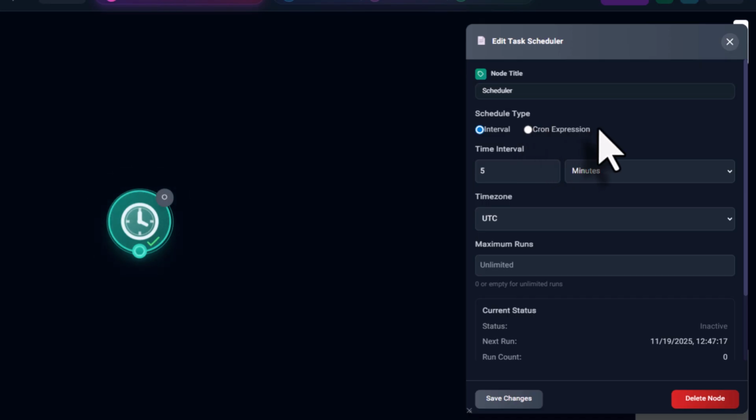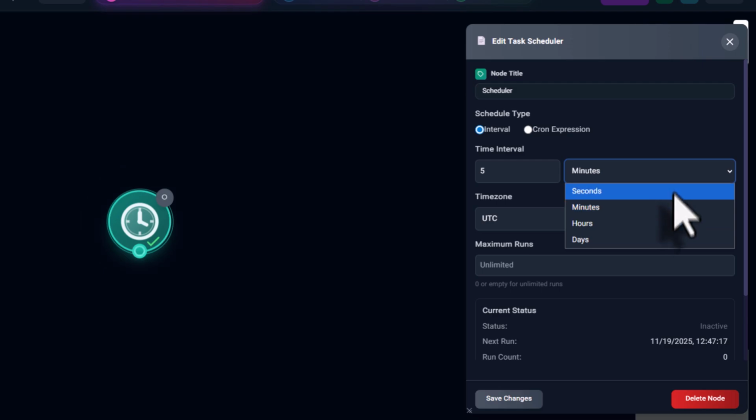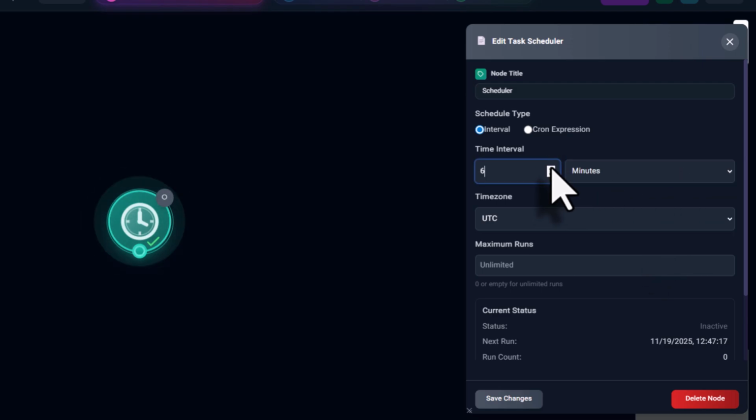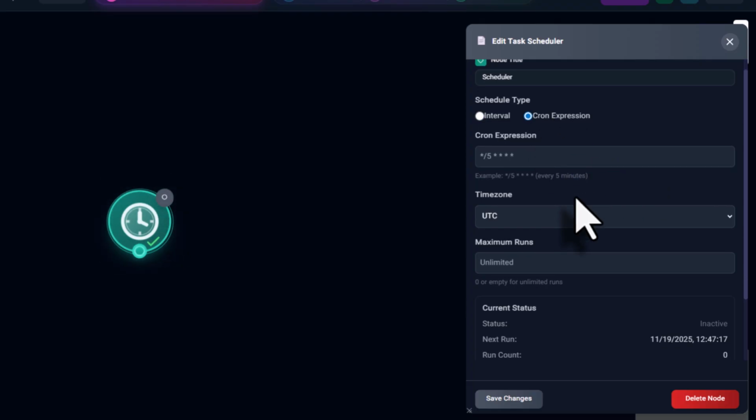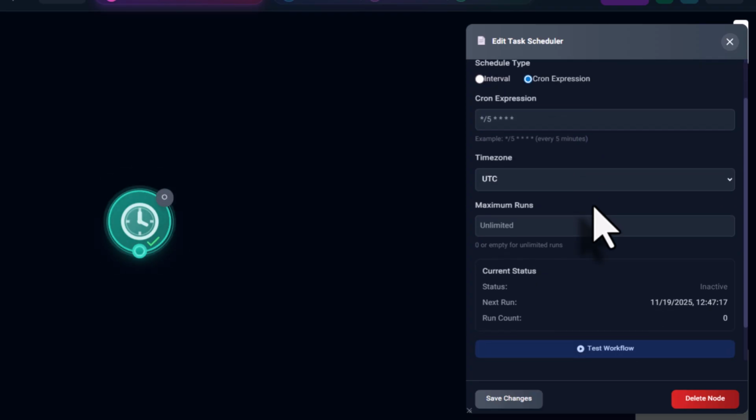Breaking down the key features. Once you've added the node, it's time to customize it. Here's what makes the Scheduler shine. Frequency options: pick your rhythm. Run something every hour for quick updates, daily for routine tasks, weekly for deeper insights, or monthly for big picture reviews. There's even a custom mode where you can say, hey, fire this up every Monday at 9 a.m. sharp,